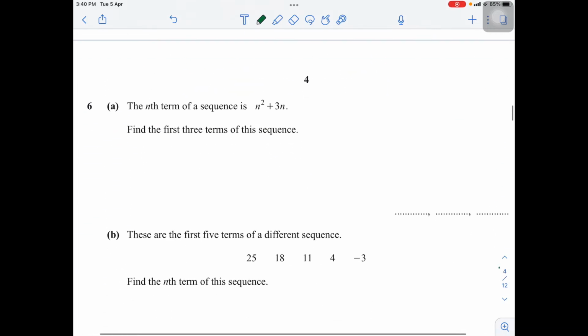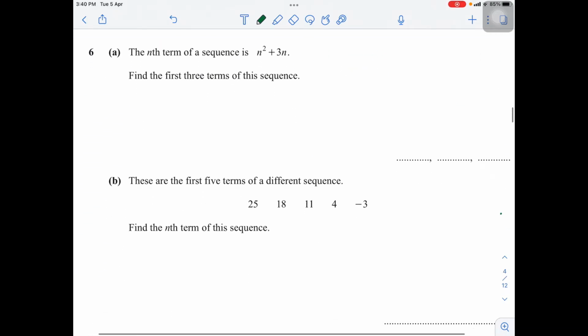6a. The nth term of a sequence is n squared plus 3n. Find the first 3 terms of this sequence. In the first term, t1, no need to write t1, I am just explaining. First term t1, n is 1. So it is 1 squared plus 3 times 1,